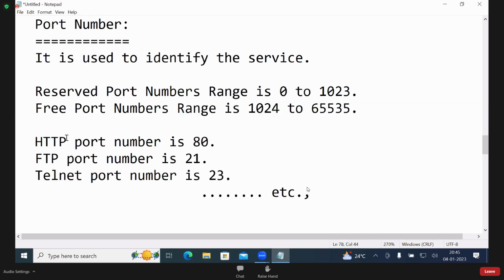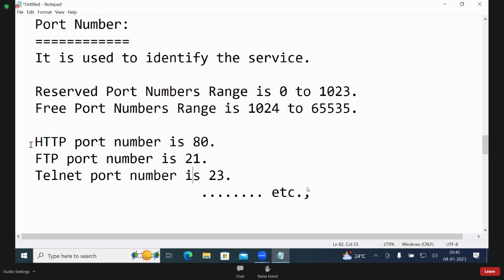Hypertext Transfer Protocol transfers hypertext, client to server, server to client. That number is 80. FTP, File Transfer Protocol, transfers files. That number is 21. Can you remember these numbers? No, that is the reason.